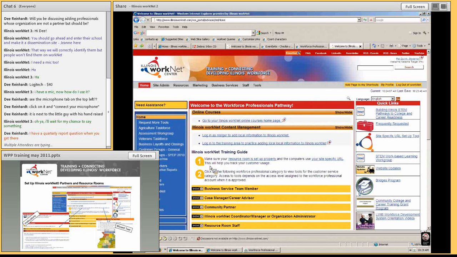Okay, and then the next option is to have the desktop shortcut. There are instructions here for placing an Illinois WorkNet icon as a desktop shortcut. Now let's say I have a community college as a partner, and according to their rules, they want their website to be their homepage, which is understandable. But they could do a combination of a couple things. They could have their desktop shortcut, but then they could also add a link off their website homepage to Illinois WorkNet. And so we have different types of graphics that are